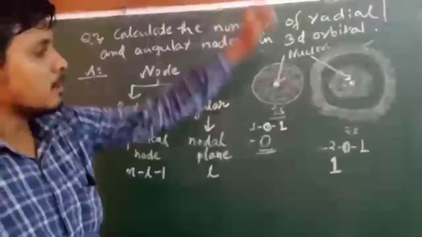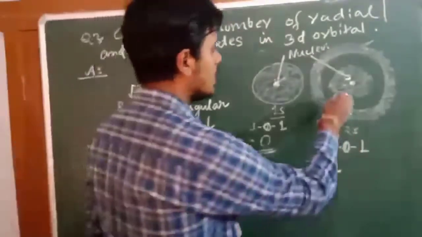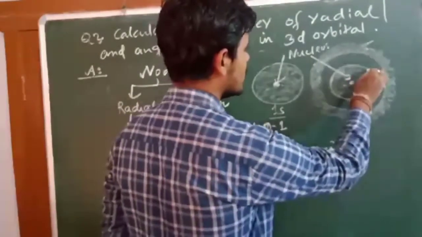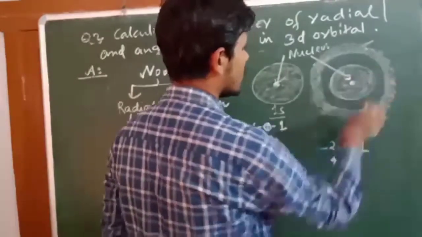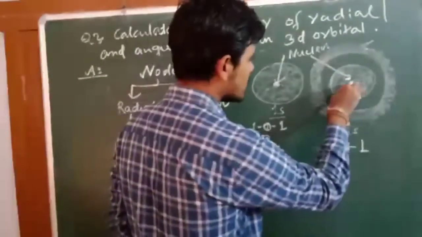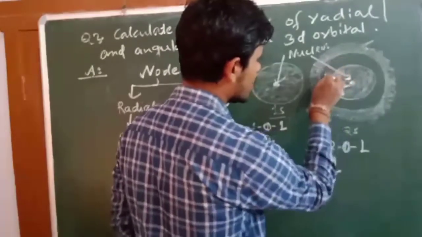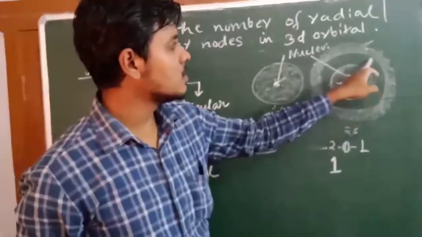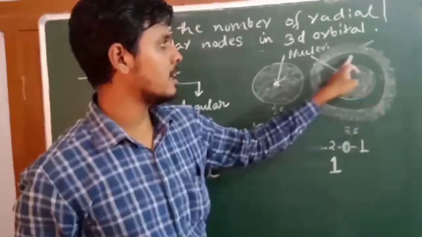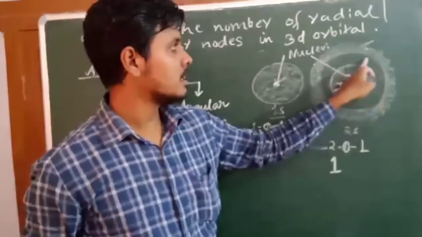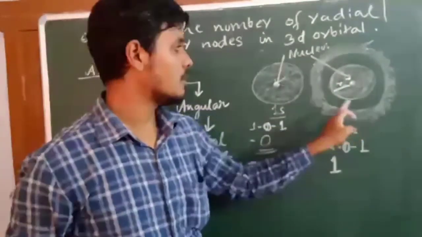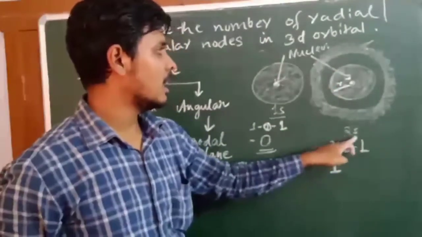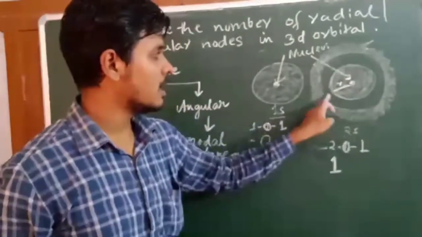Okay. So similarly, if I consider the 2s orbital, near the nucleus the electron density is high, or the probability of finding an electron around the nucleus is high. After I move a distance r from the nucleus, I get to a spherical region where the probability of finding an electron is zero. There is no electron density at these points. So that is a radial node. After the radial node is crossed, again we get electron density. So in the 2s orbital, I get one radial node.